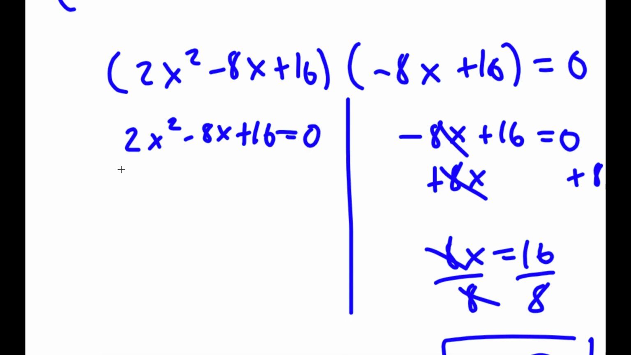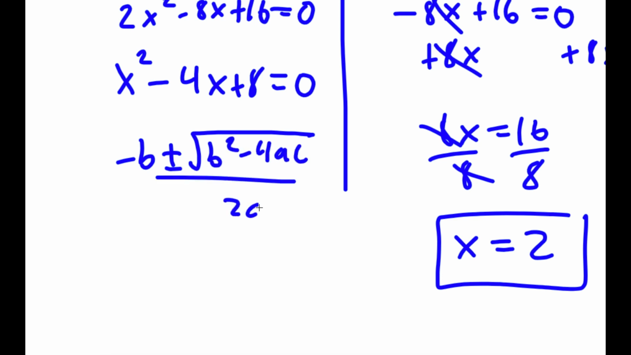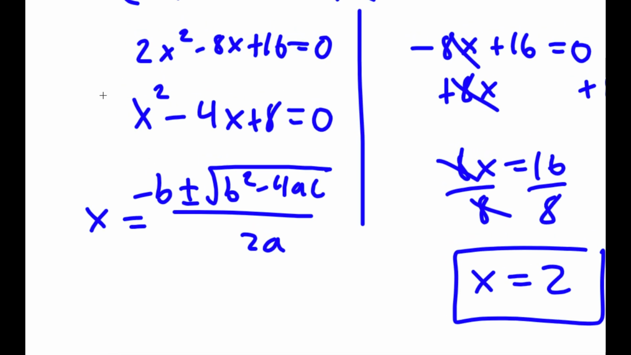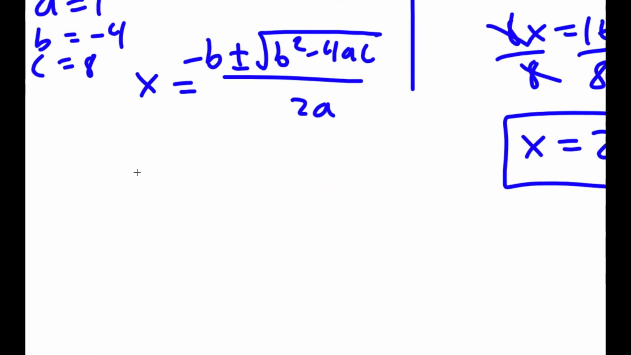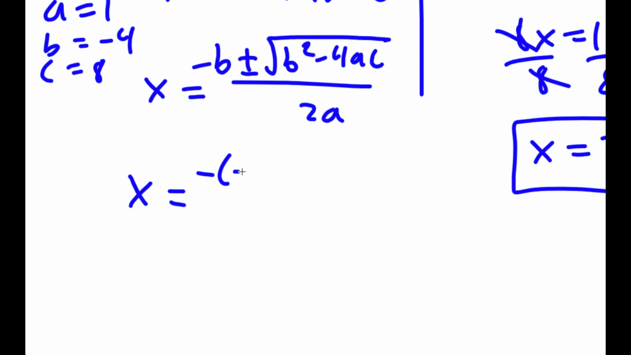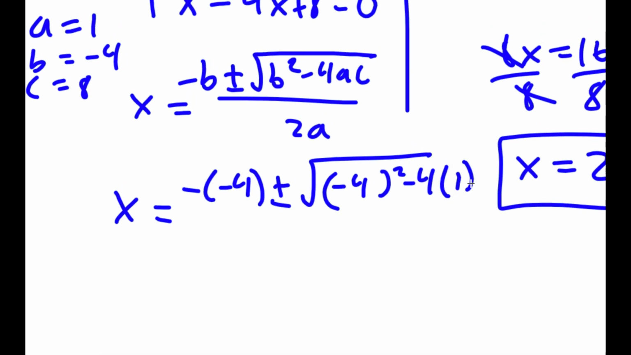Now for 2x squared minus 8x plus 16, I can factor out 2, so I get x squared minus 4x plus 8 is equal to 0. And now this is the same thing as negative b plus or minus the square root of b squared minus 4ac all over 2a. So in this case, a is 1, b is negative 4, and c is 8. So I get x equals negative of negative 4 plus or minus the square root of b squared, so negative 4 squared minus 4 times a, which is 1, times c, which is 8, all over 2a, so 2 times